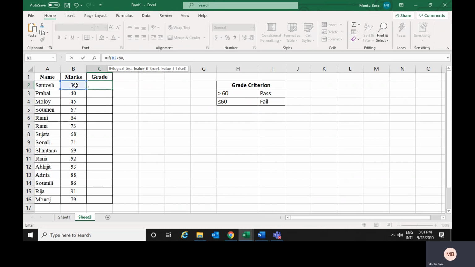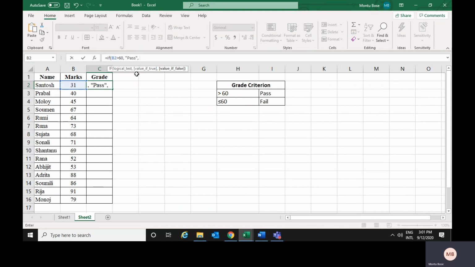I want the grade to be written as pass or fail, so I would write pass. As I'm going to give some string characters here, I have to write it within double inverted commas. So this is the first logical test. When this logical test is true, that means if this criteria is fulfilled, then the grade would come as pass.